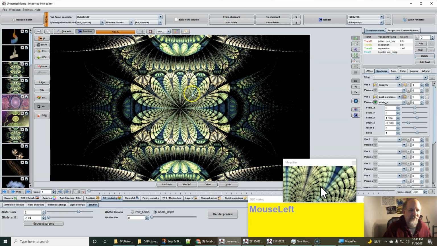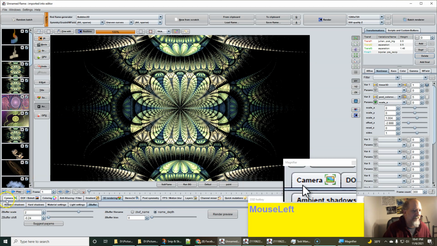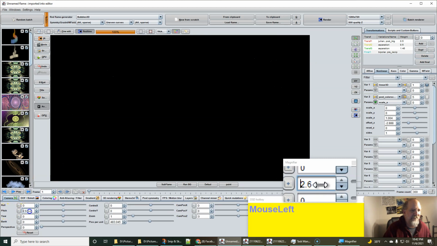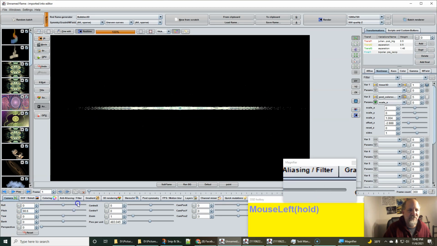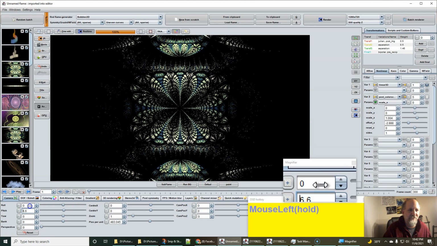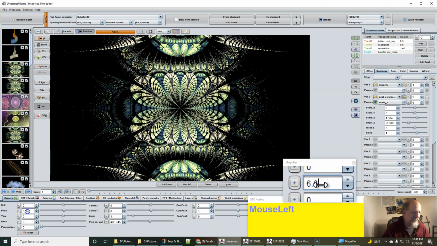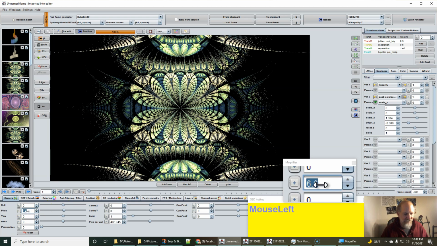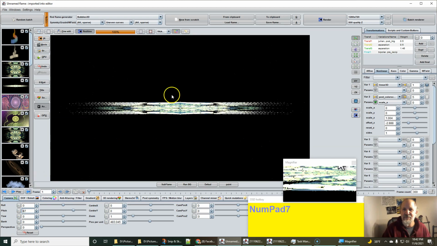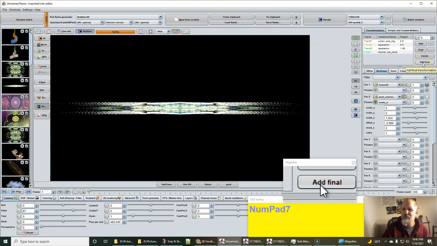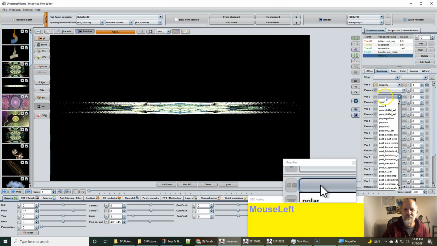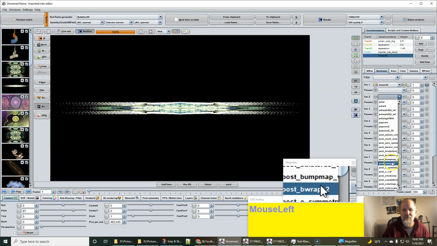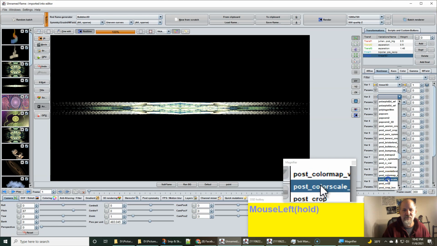So here's a fractal I made, and if we hit the pitch, you see it is totally flat. Okay? Actually, we're going to go back to that. Let's set it to just 87. You can select Add Final, and then Post, Color Scale,